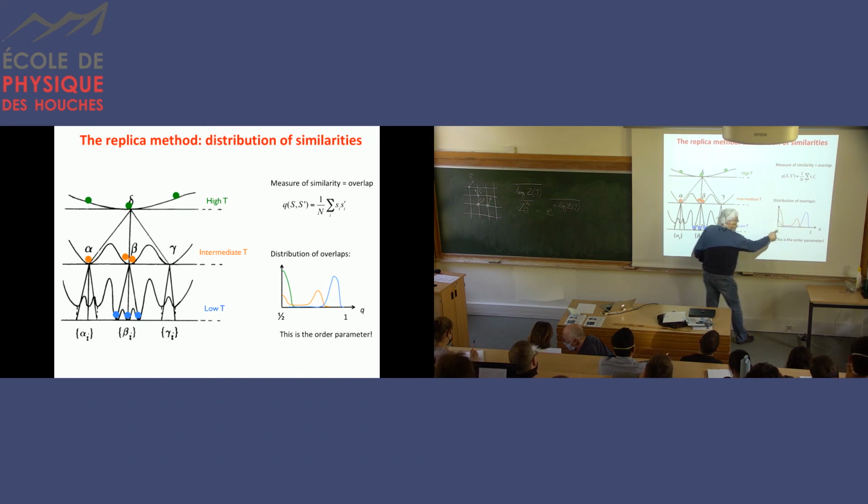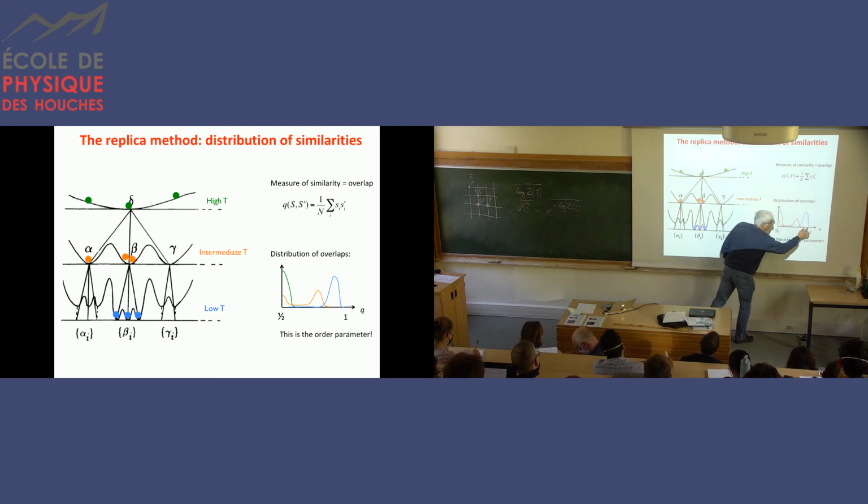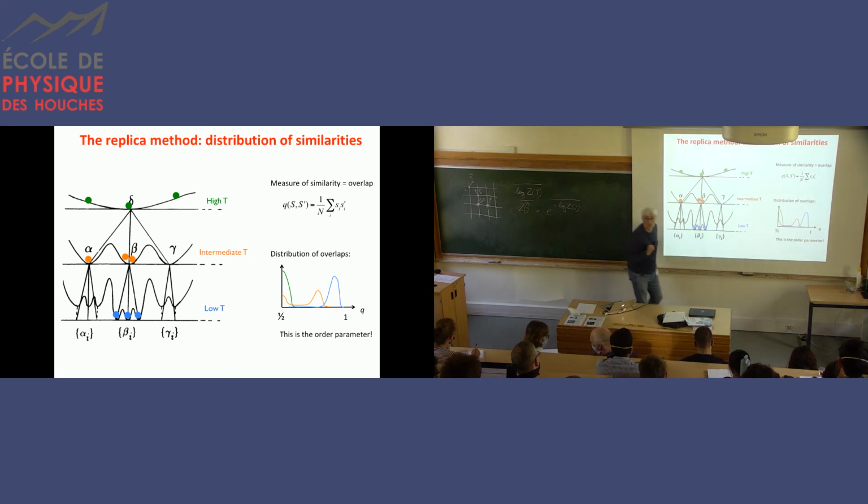So they would be concentrated very close to 0, right? And very few copies of the configuration would have an overlap close to 1. It would be very unlikely when you throw them at random in a flat landscape. At maybe low temperature, you would start to see some wells here. Now if you throw your configurations, maybe some of them will be in the same well, others will be in two different wells.